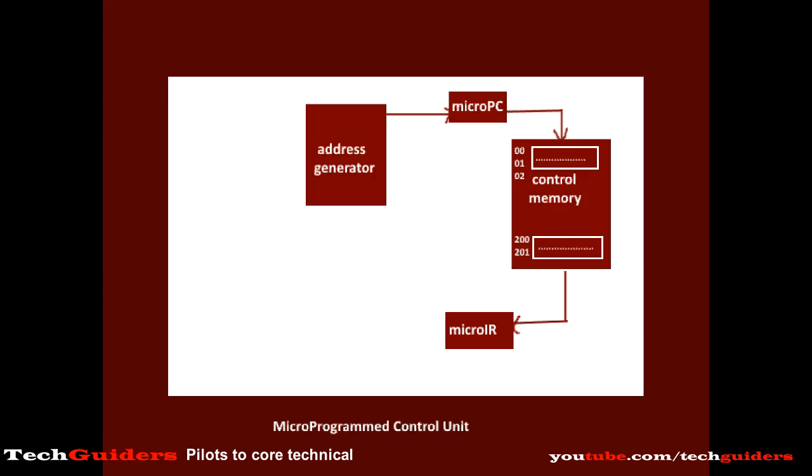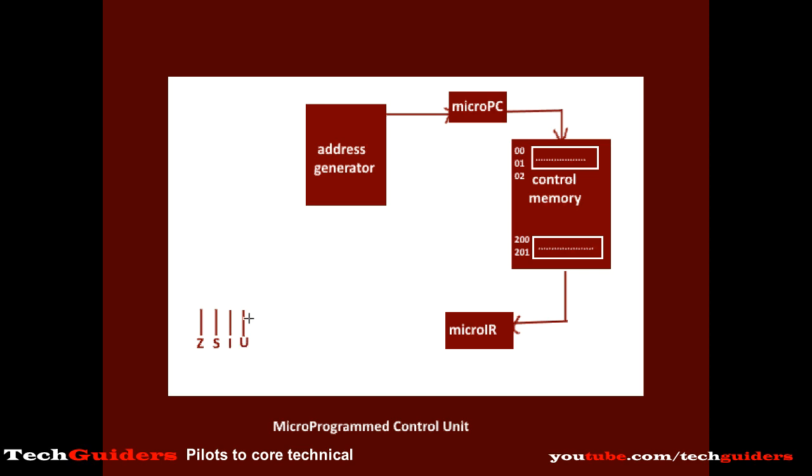Hence, within the microinstruction, in addition to the control signal field, we keep one field called the address field, which indicates the address of the next microinstruction to be executed in case some branch or jump is required. And this branch or jump may be unconditional or may be based on some conditions. To indicate the condition at which this address is to be used, we use one field called the condition field. For example, the branch condition may be on the zero flag or on the sign flag or on the indirect bit, or the branch may be unconditional.